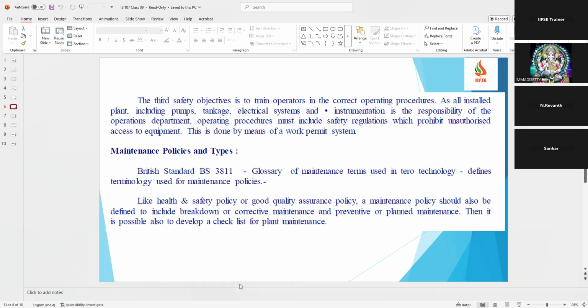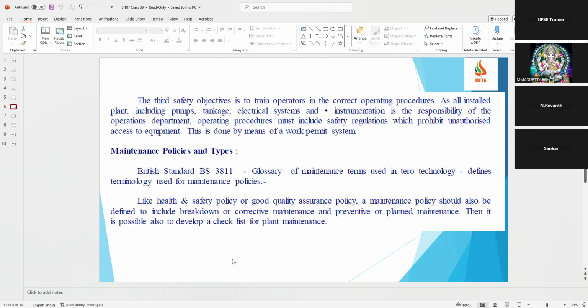Then maintenance policies and types. So we will see the structure. So in the British Standard 3811, it gives the terminology, sorry, it defines the terminology and is also used for the maintenance policies. You can refer to this